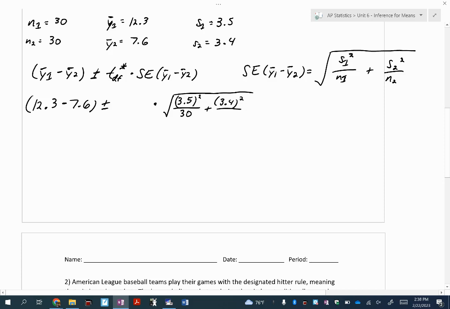3.4 squared over 30. Do these need to be the same? Do 30 and 30, do they have to be the same? No. We'll do one here soon where it's not the same sample size. It's okay if they are, but they don't have to be the same for a 2-sample t-test or t-interval. I've had kids ask me, do I need to show all this work? No, I'm looking for the setup and then the interval. I just think it's good process and habit to show your work, so I can see if you made a mistake, where the mistake happened.